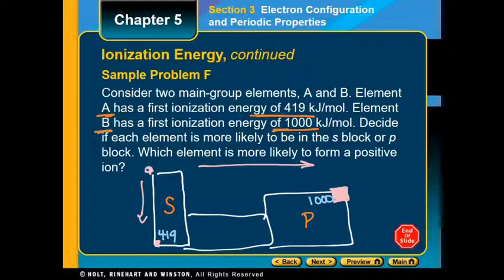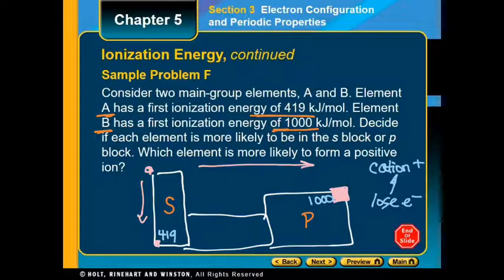Well, you've got your cations and your anions. Cations are what make positive ions. Based on ionization energy, this is which one would be easier to lose an electron,